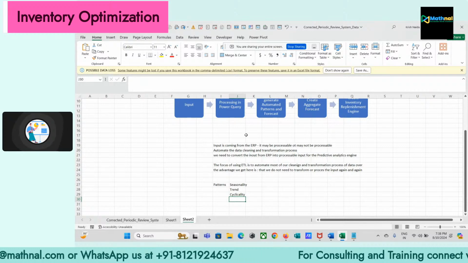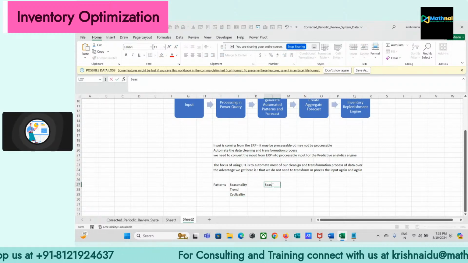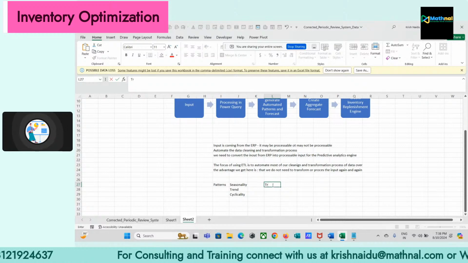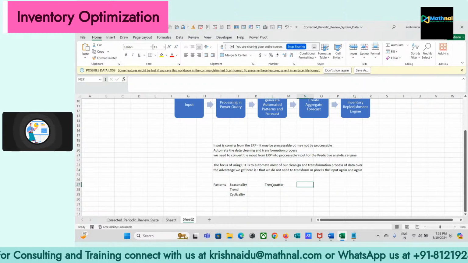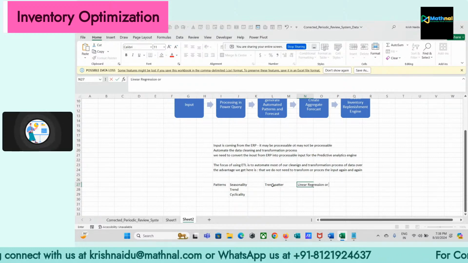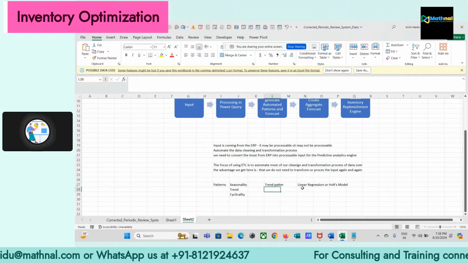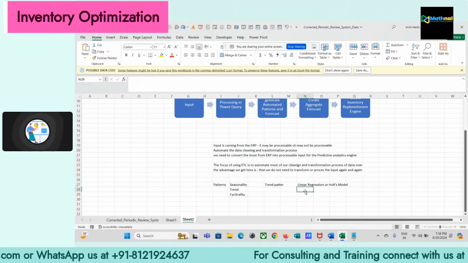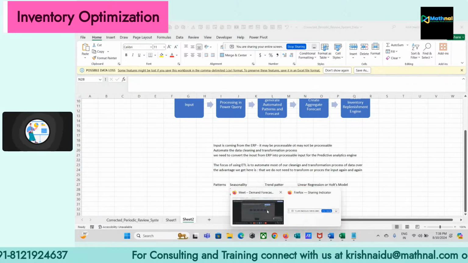So once we know the patterns, we have to create a forecasting algorithm. For example, if you have a trend pattern, right? If you have a trend pattern, we're going to use a forecasting model like linear regression, or Holt's double exponential model. If you have a trend as well as a seasonal pattern, then you're going to use